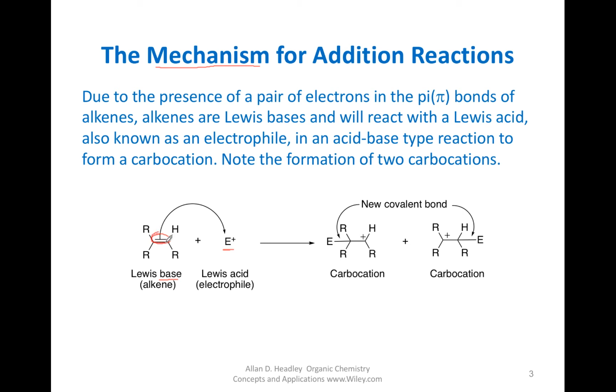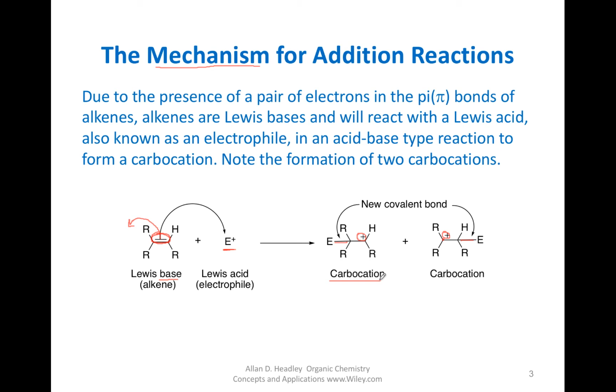So these electrons here can bond to the E+. As you can see, if they swing out like this, here is a new bond, but it leaves a positive charge on the adjacent carbon. Notice it's on the adjacent carbon. These electrons can swing out the other way to react with E+ to form this bond here, and it leaves here a positive charge, which is also known as a carbocation,